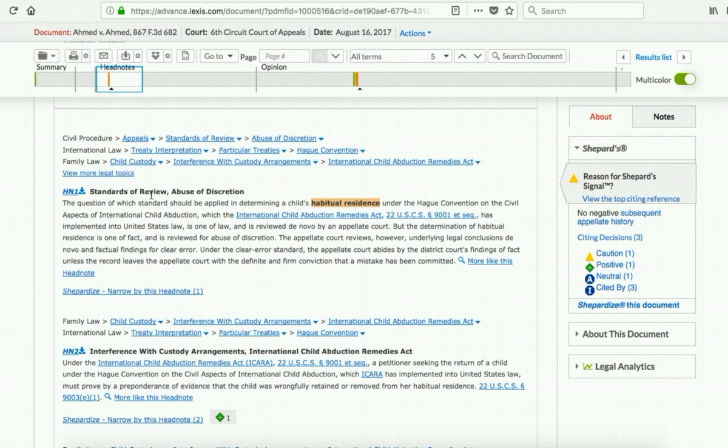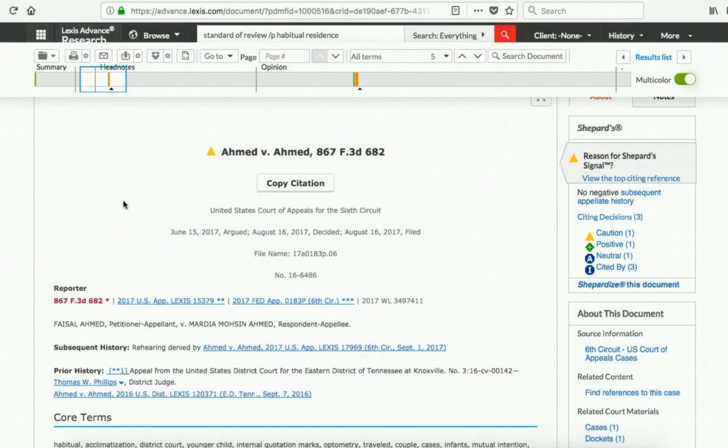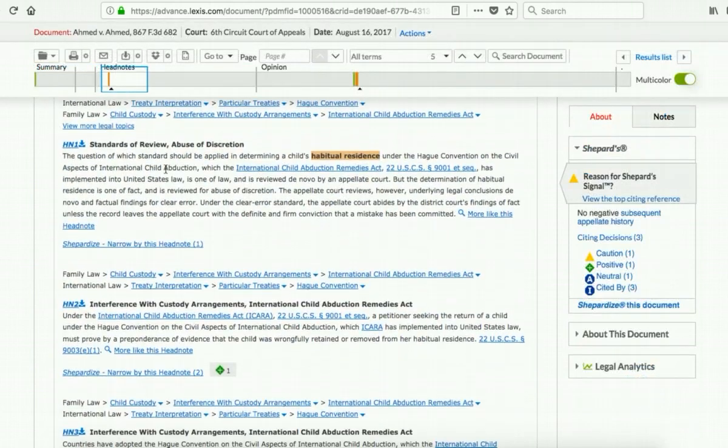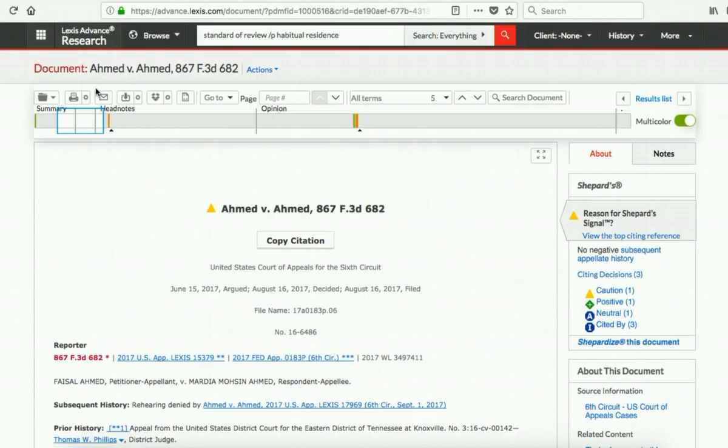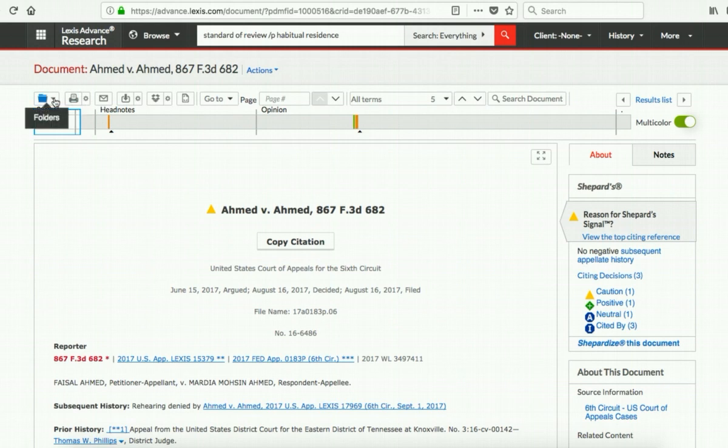And it's really only a couple cases that you're going to have to read, but you're going to see, are my facts and the way that the court is going up on appeal, the way that I'm going up on appeal, is it similar more to the Tessin case, or is it going to be similar more to this Ahmed v. Ahmed case, which then tells me there's a couple of different standards of review and how I should apply them. Remember, you're going to want to save this for later, so I can easily put this into a folder,